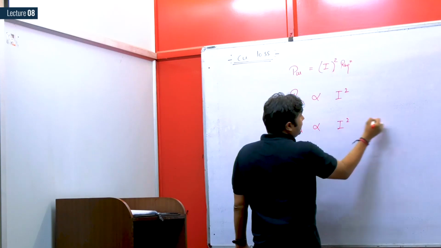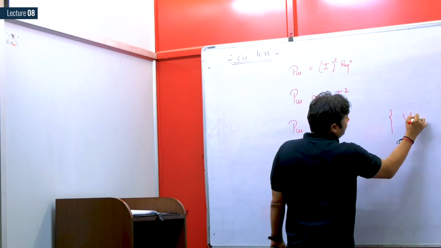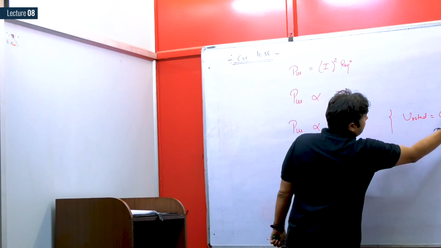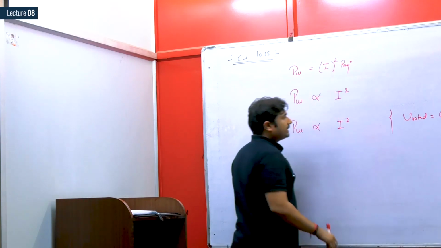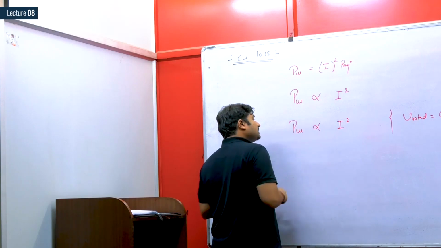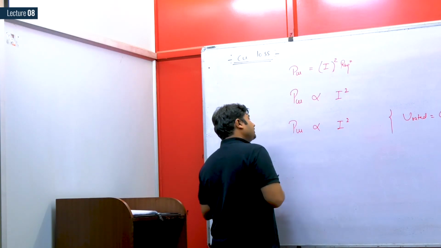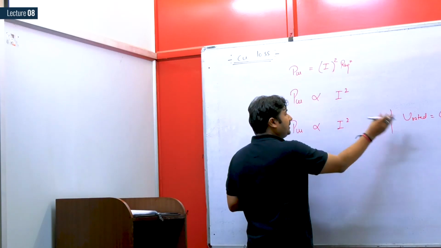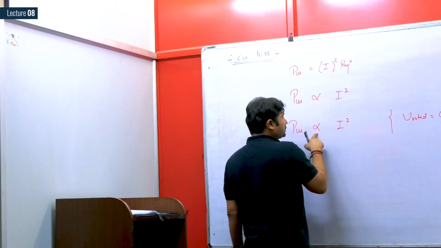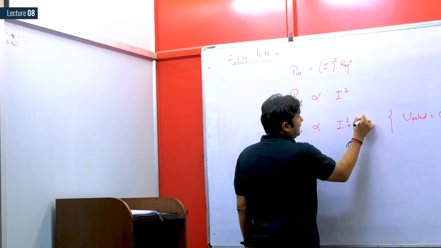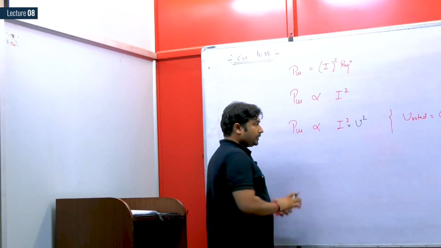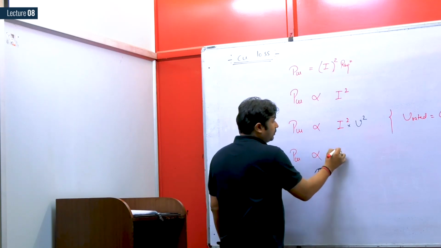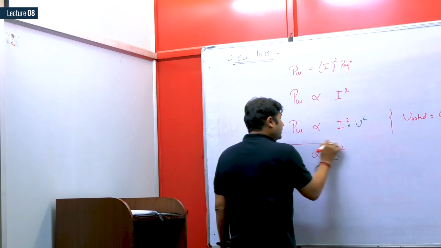So if we are using the transformer at rated voltage, let the rated voltage be a constant. That is, the transformer is always going to operate at rated voltage. If the transformers are operating at rated voltage, then the copper loss is proportional to I square, and V rated is a constant. So in proportionality, you can introduce any parameter whatever you want. So from this we can say copper loss is now proportional to operating kVA square.